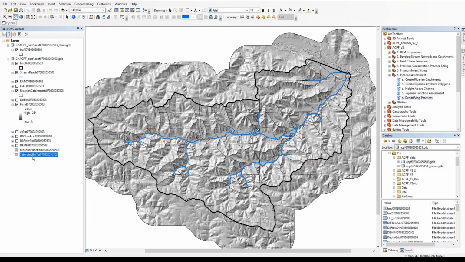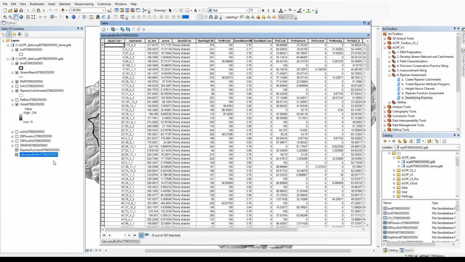Alright, so the tool is finished running. Let's take a look at our attribute table. The unique ID here is the riparian ID. So we will be able to join it to our riparian catchments and riparian attribute polygon later for symbolizing. There's the straight line length of the stream segment associated with each riparian catchment, the acreage of the riparian catchment.